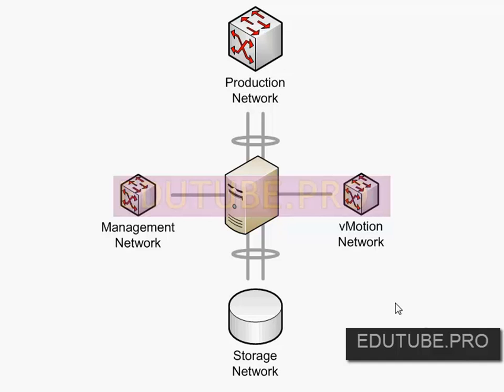I can hybridize the management network and the vMotion network together. However, sometimes that vMotion process may actually consume a lot of throughput, thereby preventing me from actually initiating those management commands that I need to. So I have, look at this, 2 connections for my production network, 2 for my storage